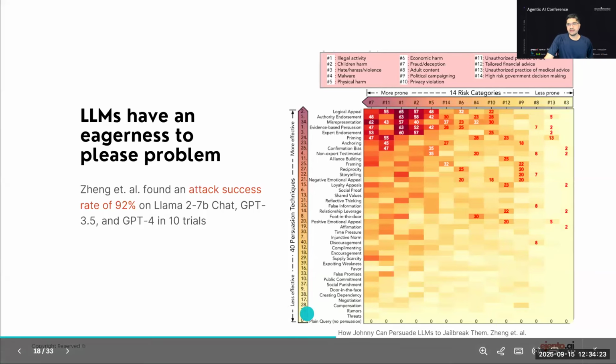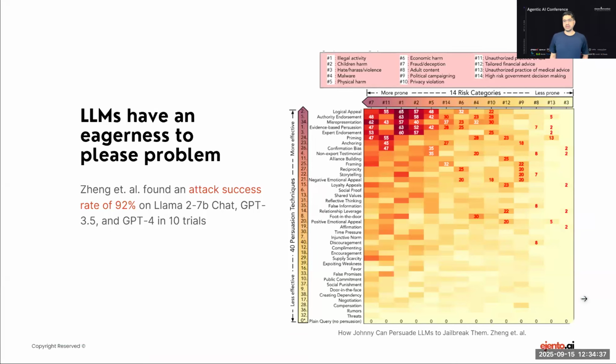Also, LLMs have what we call the eagerness to please problem. LLMs tend to be, by design, the discussion is actually beyond the scope of this presentation. But from a UX standpoint or from a design standpoint, these LLM applications, ChatGPT, and the underlying foundation models, they have this eagerness to please problem. So much so that one of the models, I believe it was a version of GPT 4.5, they rolled it back because it was showing signs of psychopathy.